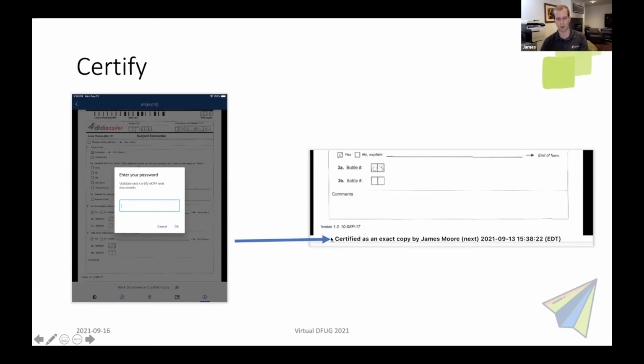This is not added over top of any of the content in the document. Instead, extra pixels are added to the bottom of the document where this text message is placed, so that there's no chance of you overwriting something important on the document itself. So after you've gone through all of this functionality,